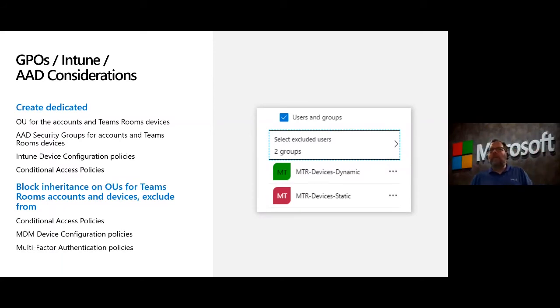Teams Rooms, no power saving. So do not add them to your existing OUs or your existing groups. Create new OUs, create new groups, create new dynamic groups, and set custom policies to these. Because again, this is not just another computer. Think of it as an appliance. Why would you apply things to this device, which has custom, unique needs that the average end user computer does not? Block inheritance. So even if you don't add it to the existing groups,